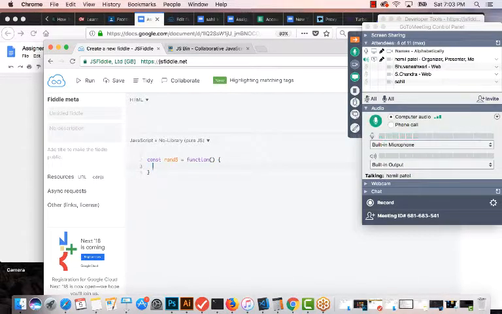The way it would work is if I do Math.random, that produces a random number. So if I console log it,